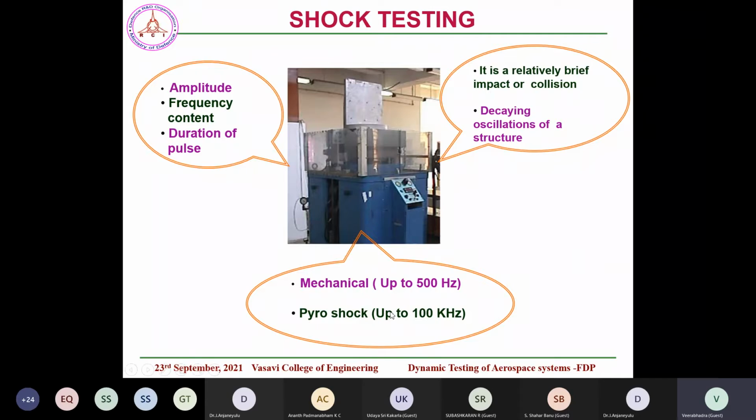So researchers have come up with the midfield and far field shocks, which are up to 10,000 hertz and say 10,000 G, which can be simulated by mechanical means, and you can test a number of times. But if you want to simulate near field pyroshock, then definitely we have to use the actual system and then simulate. So this shock also causes a lot of failures in aerospace. So this again has to be simulated and tested for every equipment.